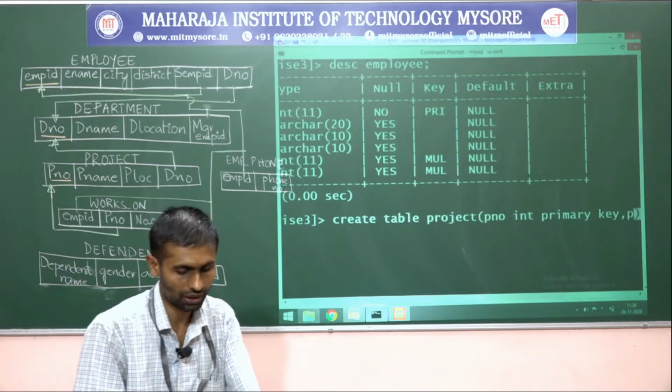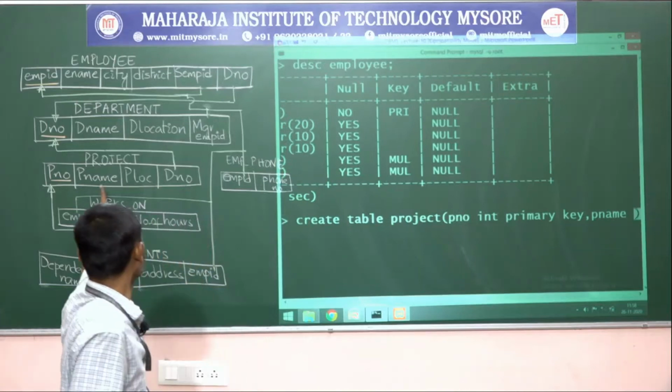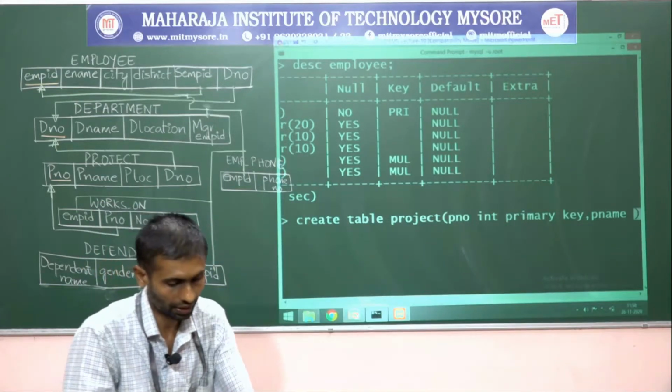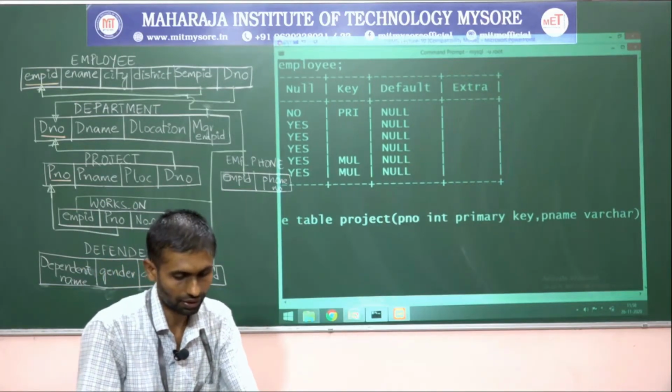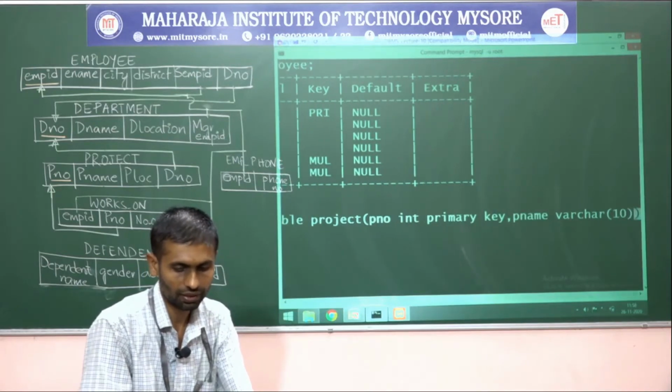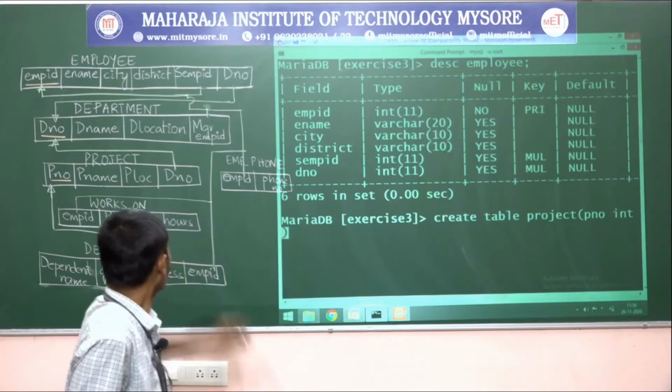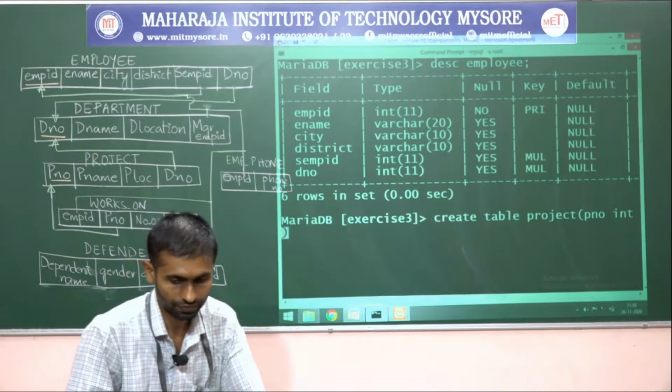What's the next step? Project name. Next attribute, project name. It's of what type? Varchar, fine, some 10 we'll write. Next one, project location, varchar again.